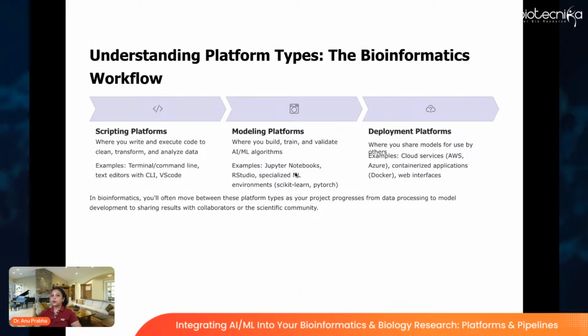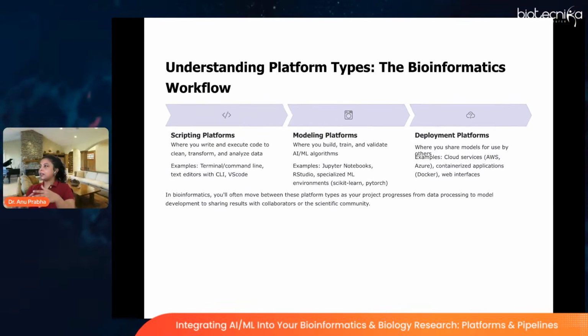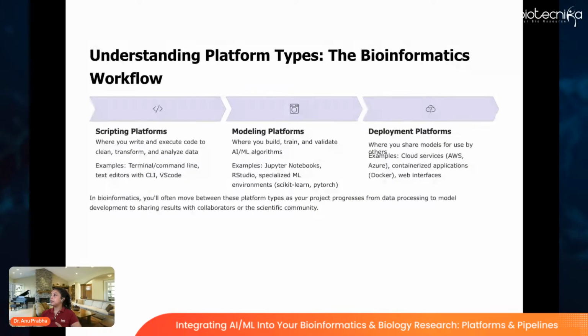Okay. So understanding what are the platforms that we would use in the product journey. There are three different kinds of platforms that we use. The first one is scripting platforms. These are platforms and tools that you use when you want to write the script, what you want to do in the product, what the logic is when you are building it. So you need an environment where you can actually code for it, basically.